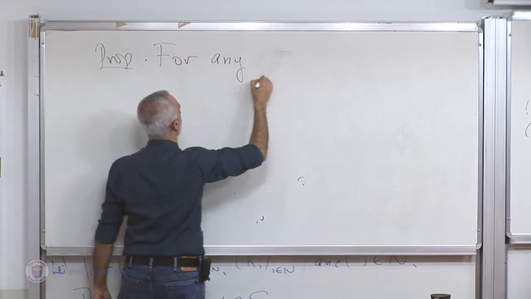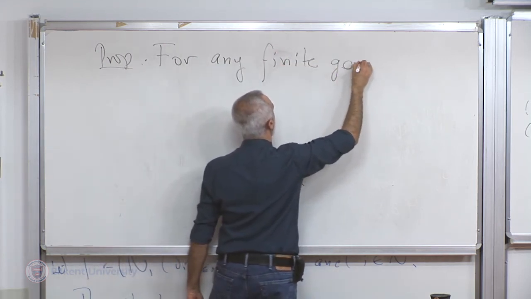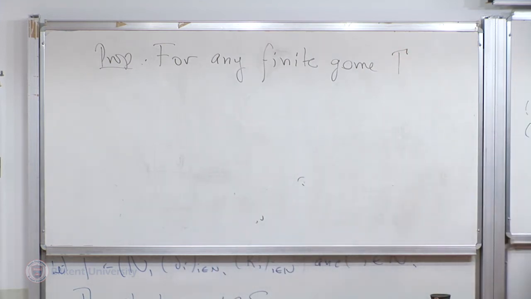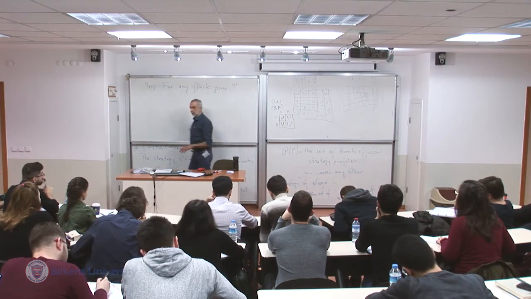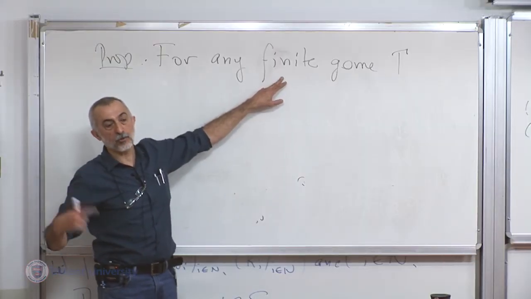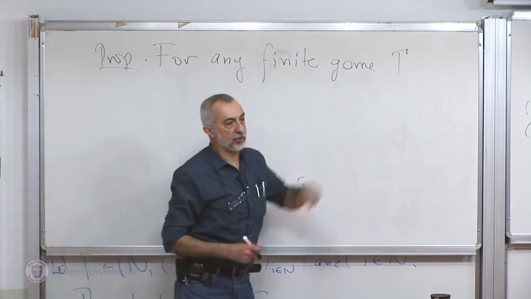For any finite game gamma. What do I mean by finite? First of all, we always assume that the set of players is finite. There's no problem with that. So when I say finite, what we mean is the strategy set of each player is a finite set. So for any finite game gamma,